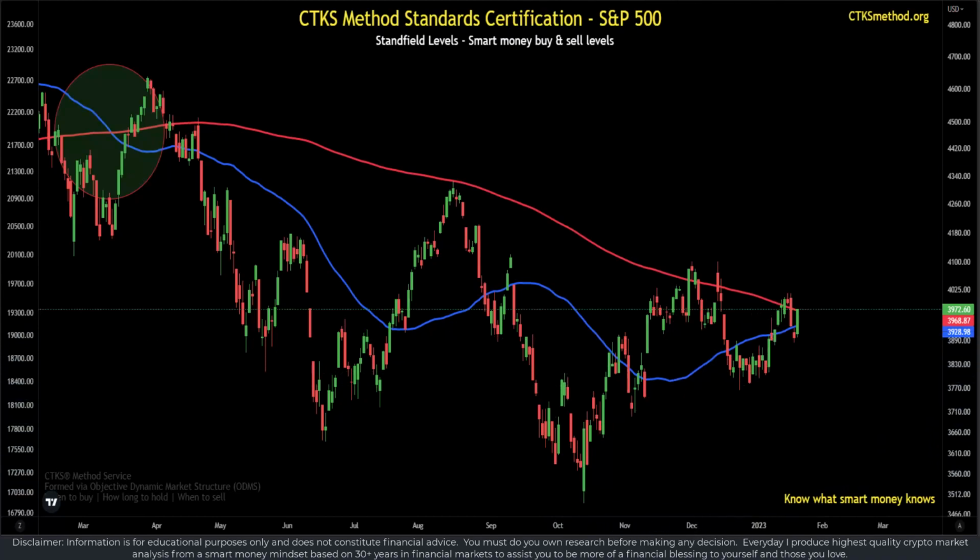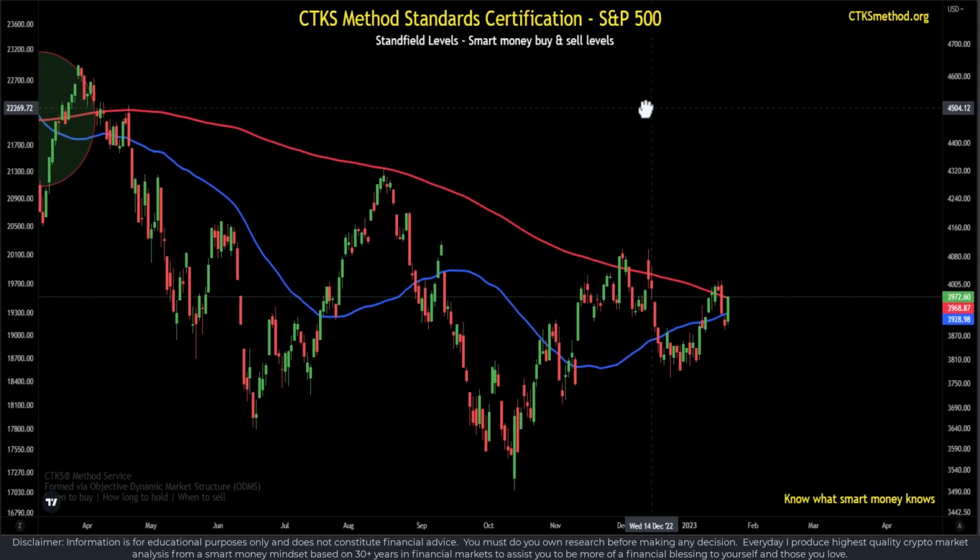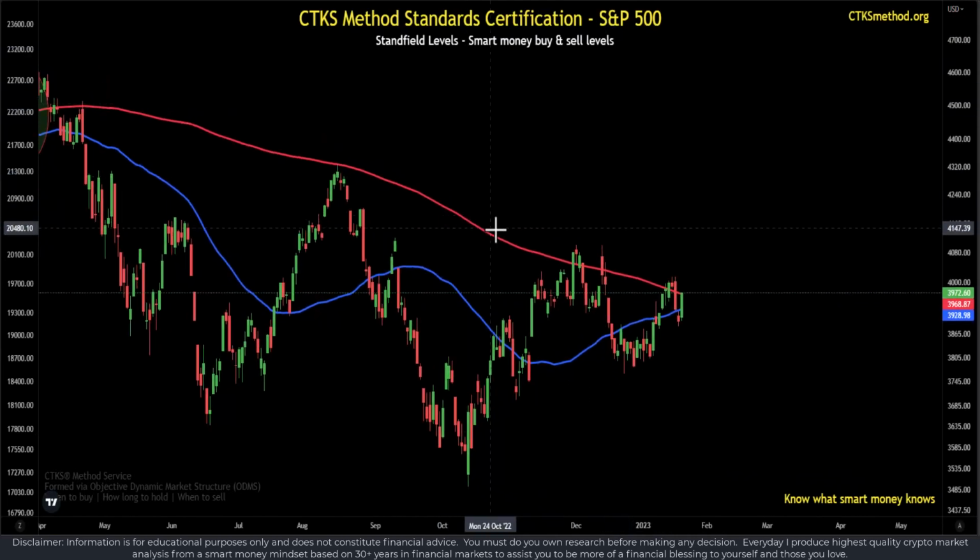That's something to understand. If we get a golden cross, a lot of retail will say, fantastic, it's all over, the negativity has passed. And they will pile in. As we've seen previously, that can cause a short-term increase in price. But what do we notice about what's happened in the past? In the past, we've always had a revisiting of the 200-day period moving average. So just keep that in mind. The news inside the market is not really that positive at the moment.